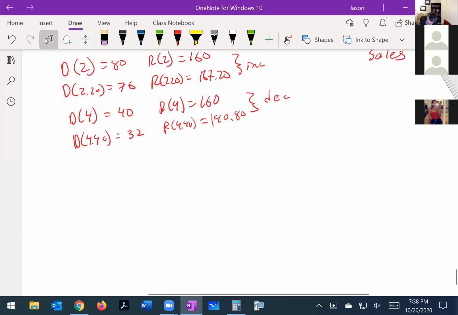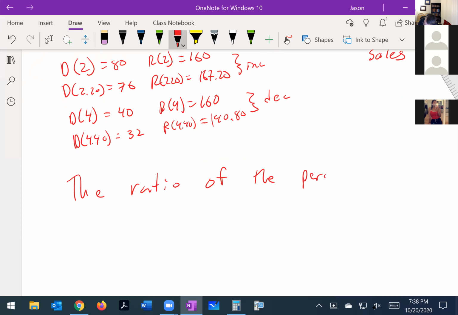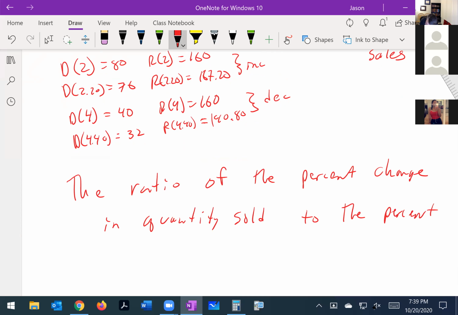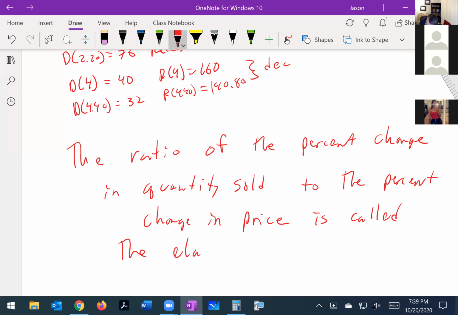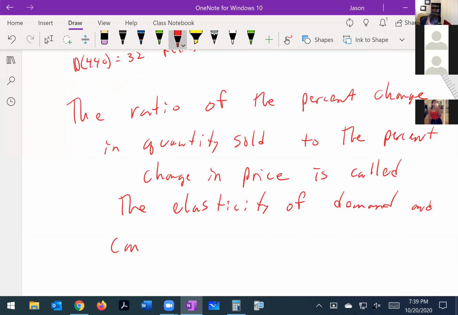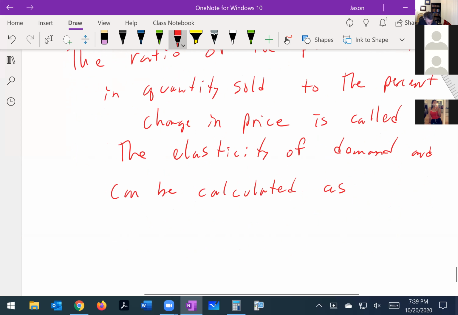Okay. And so we say that the ratio of the percent change in quantity sold to the percent change in price is called the elasticity of demand, and can be calculated as E of x